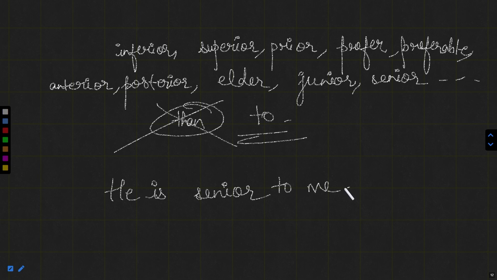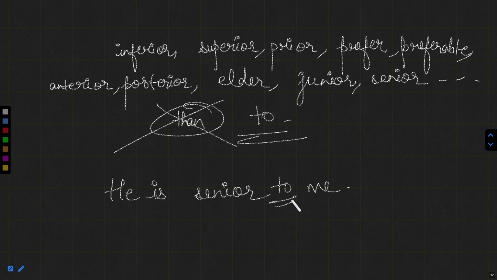It should be he is senior to me. So this "to" is very, very important over here. We should keep this in mind that whenever we use these words, they are always followed by the preposition "to" and not "than" to show the comparison, because these are comparative words, not comparative